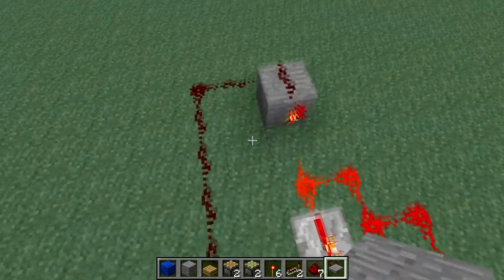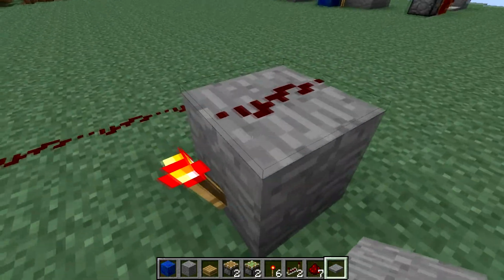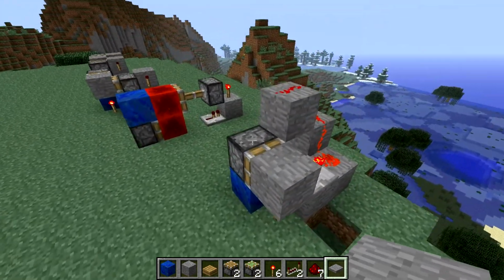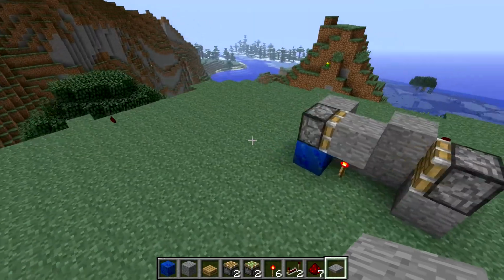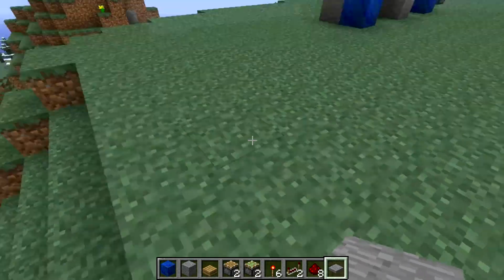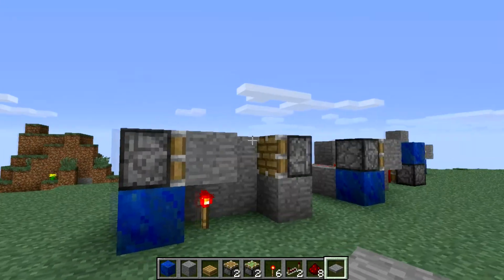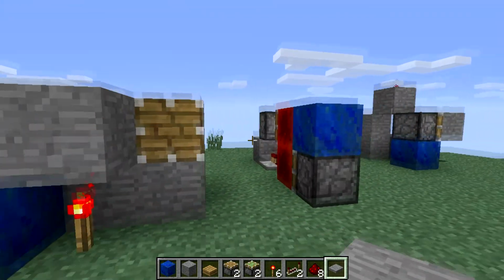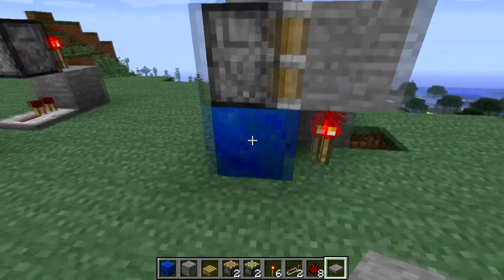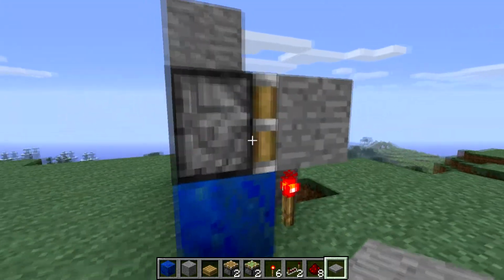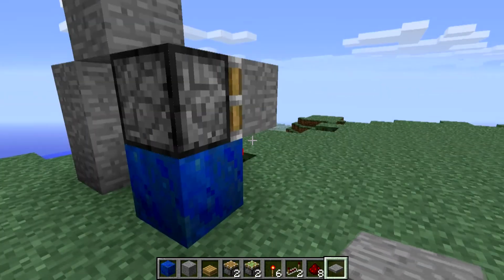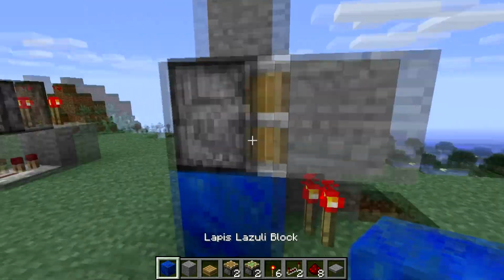The reason why we need to learn about inverters and what they do is because we're going to be using some block updaters. Now, these are really cool because, if you guys saw my last video, I had the, oh, that's a nice tree. I had the farm at the very end. Well, that uses a block updater, and, well, that farm is a little bit shoddy after looking at the video again. But what block updaters do is that if something occurs next to this block, it will cause, because of the way the pistons are powered,